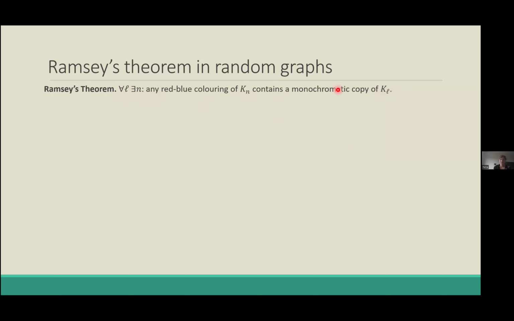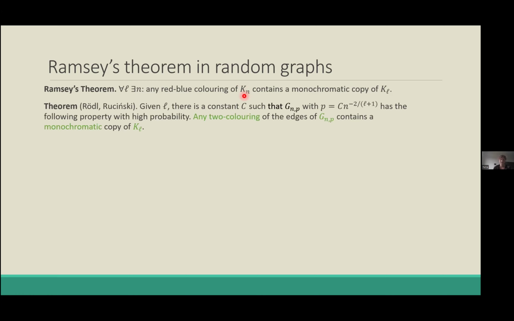And a very fruitful line of research is trying to replace this complete graph Kn by something sparse. You can choose your favorite notion of sparsity, but in our case, we will replace this by sparse random graphs, and we'll try to minimize the density of these random graphs. Perhaps the first definitely classical result in this direction is from 1995. Rödl and Ruciński showed that with a specific density, the random graph G(n,p) with high probability has this Ramsey property. So don't worry, I'll explain it in detail.